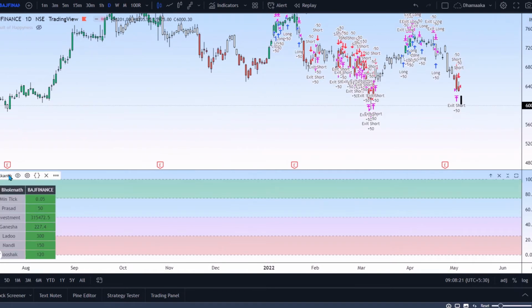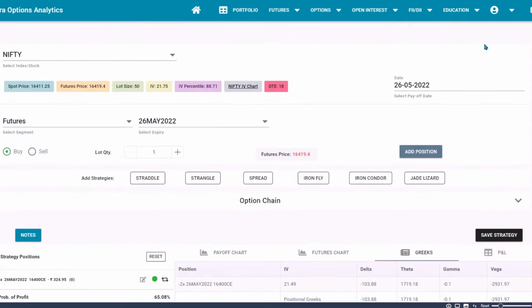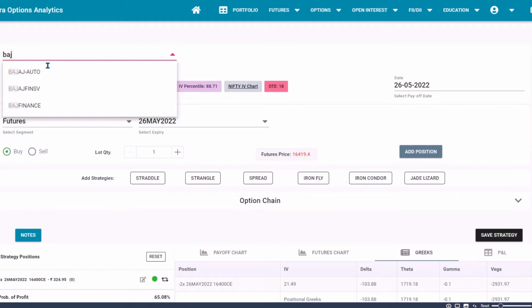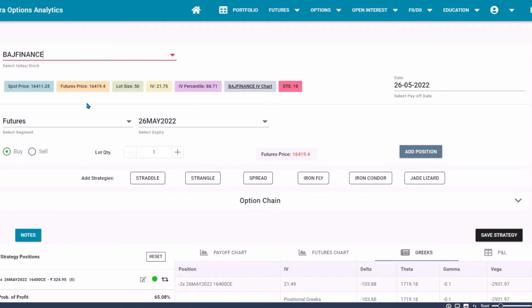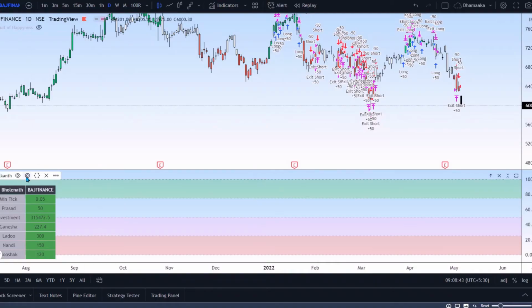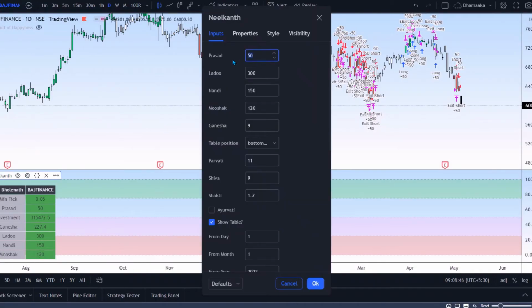I don't know what's the lot size for Bajaj Finance, so we can check here. Bajaj Finance, this is the Ostra website where you can easily check lot sizes. It's 125, so we go back and give a value of 125. Ganesha is asking for 227 laddus, so we give 230, just rounding it up, and half of which